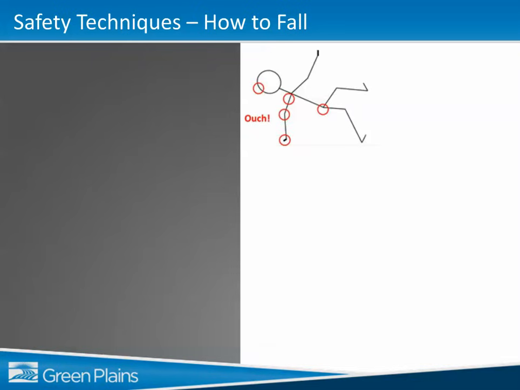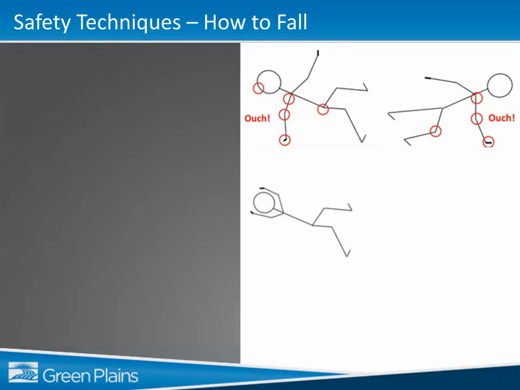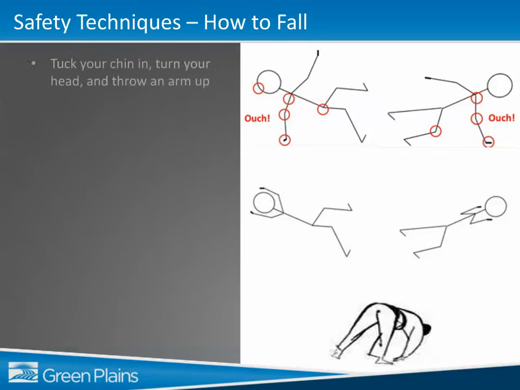Naturally, the goal is not to slip, trip, and fall. However, the possibility of a fall still exists. There are correct ways to fall. When falling, the objective is to have as many square inches of your body contact the surface as possible, thus spreading out the impact of the fall. Listed are some recommended procedures.